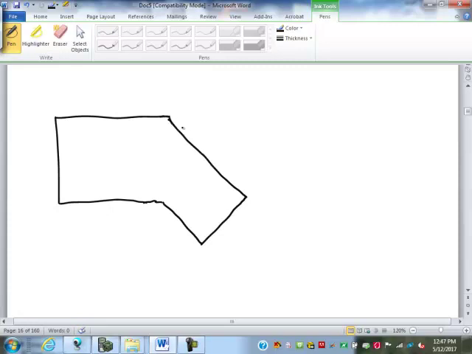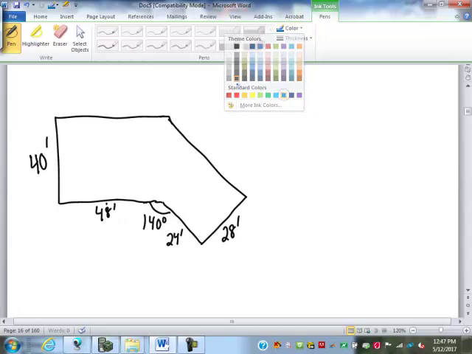So I'm drawing it this way now. This span over here is 40 feet. This span over here is 28 feet. They are not the same span. This angle here is going to be 140 degrees. This dimension right here, I'm going to give you at 48 feet. This one over here, I'm going to give you at 24 feet. I want you to find for me